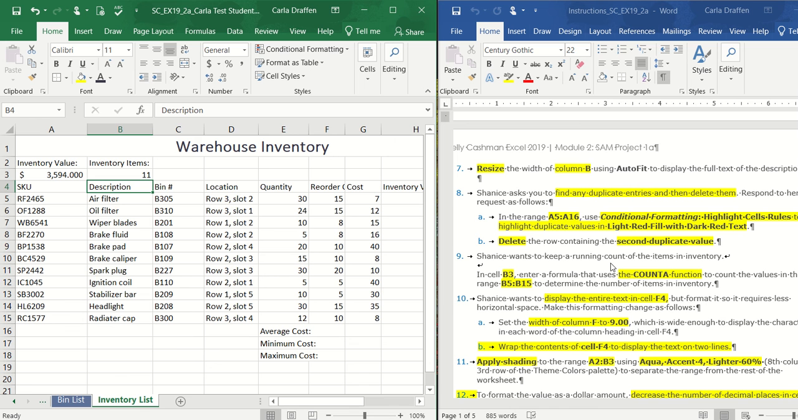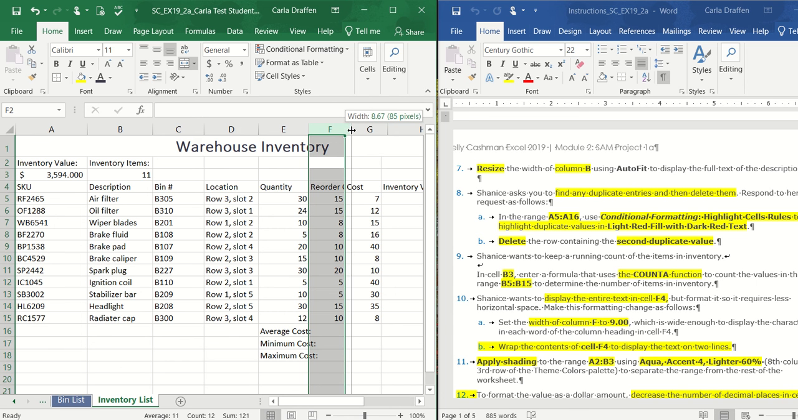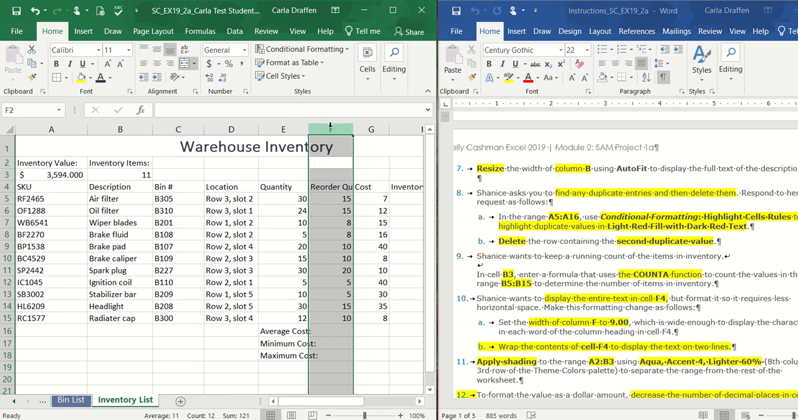Now, step 10 says that we want to display the entire text in cell F4 but format it so it requires less horizontal space. First and foremost, we're going to click on F4 and then we're going to try to drag and drop it so it says 9.00. If you have trouble getting it to do that, click on F, go to Cells, Format, Column Width, and you could type the number in, and you could type in the 9.00 there if you want. So we've got the right size,